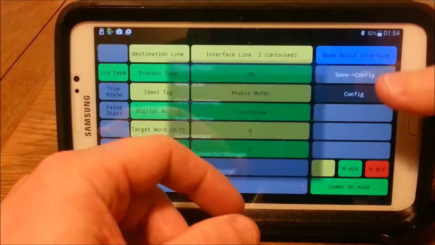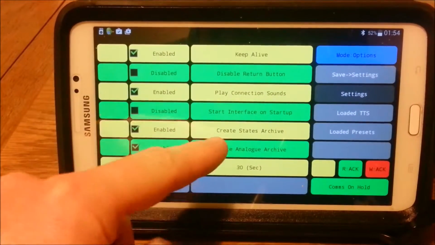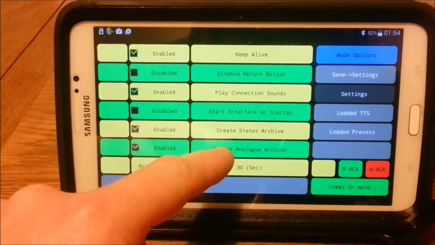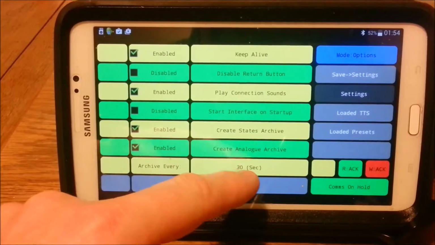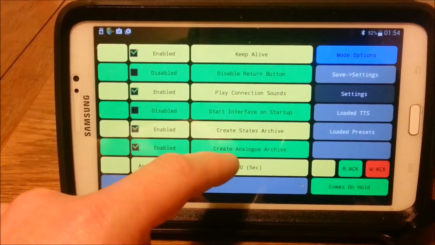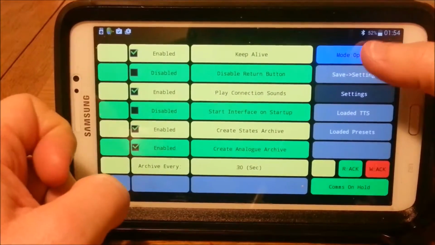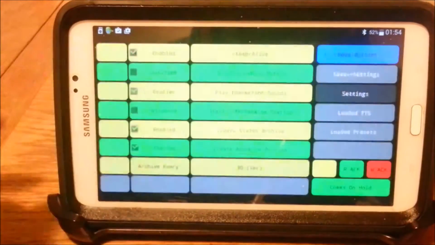Then in options, I also have selected create states archive and create analog archive. Any digital state changes are logged in one file, and analog archive points are logged in another. So if we start the interface,